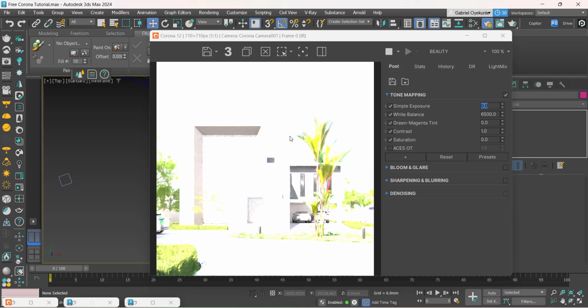So if you look at this image, you will see that we are losing everything to white. That means we have overexposure. And what can we do to handle the exposure? There are many ways to handle exposure. I don't want to stress you on that, but the simplest way to handle it is to come to tone mapping and reduce the exposure. It's on 0 now, so I'm going to reduce it to